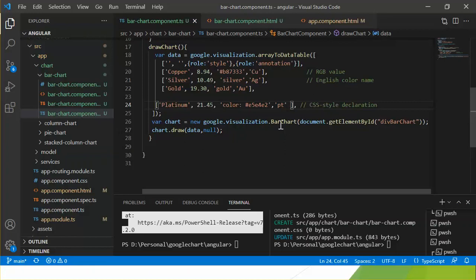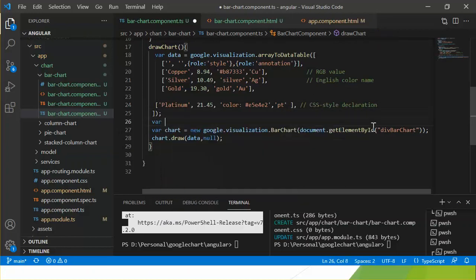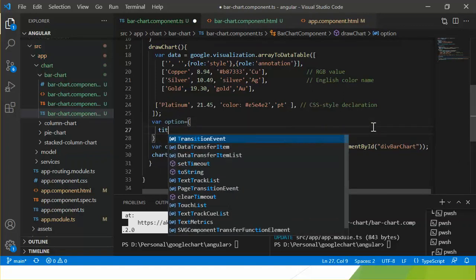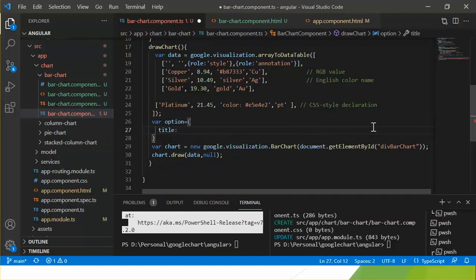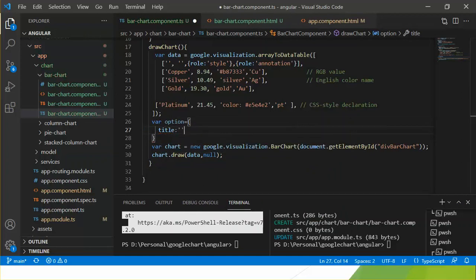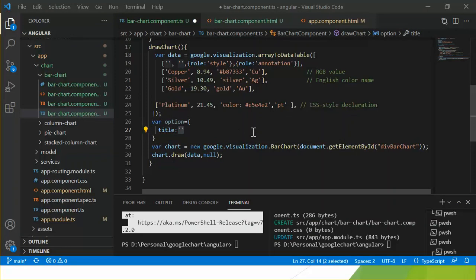Let's add an option to customize the bar chart. Here the bar option is a JavaScript object. It's a key value pair. So first we can put the title here. The value of the title will be density of precious metals.